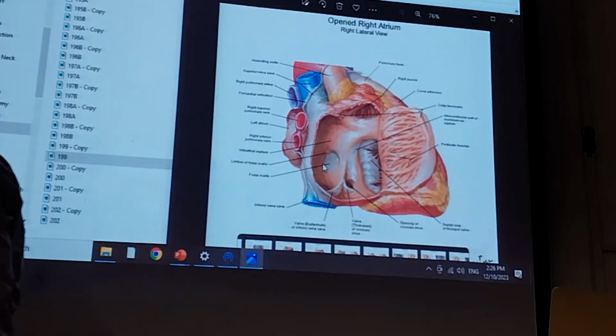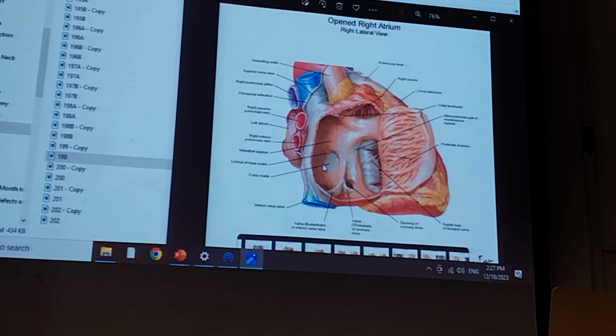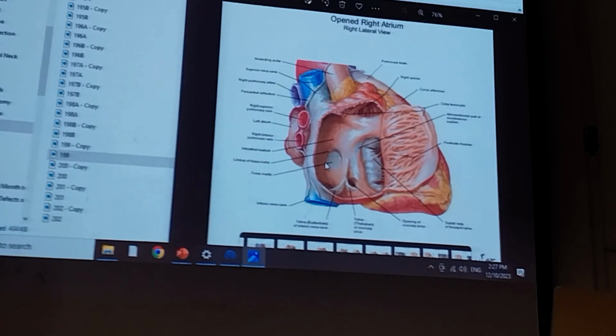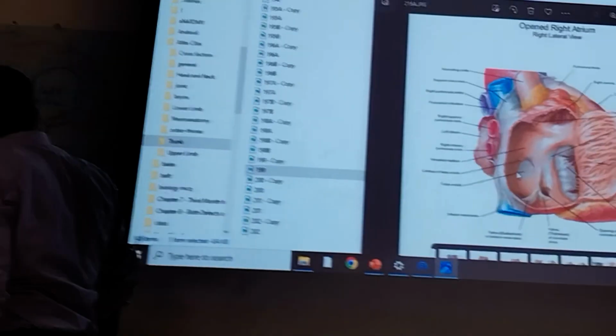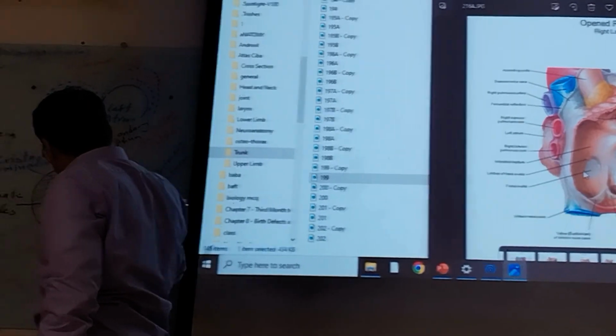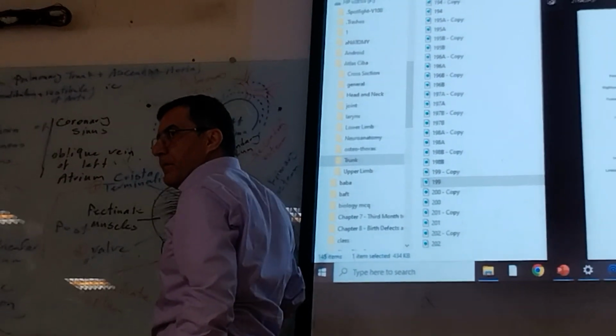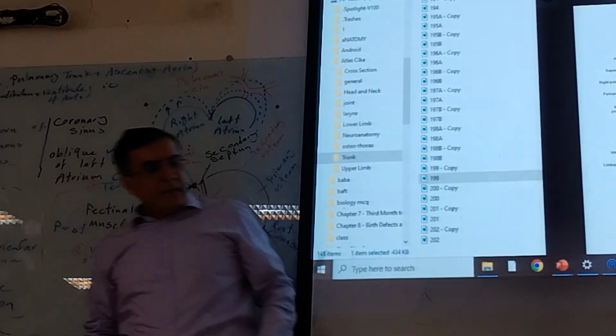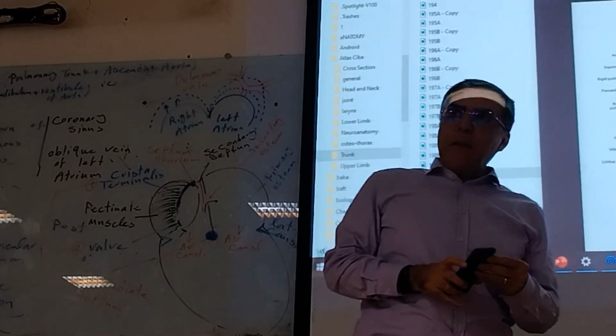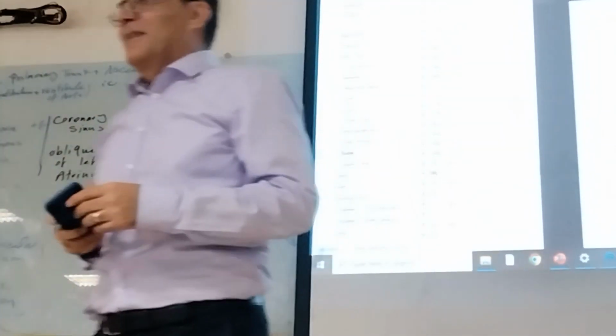That's all. We go to the short break, and after that I will start the septation of the interatrial septum. Okay? For 10 minutes, take a nap, because after the